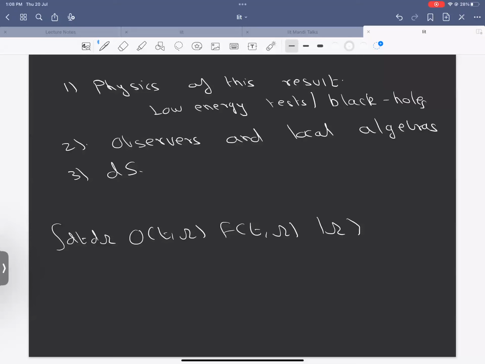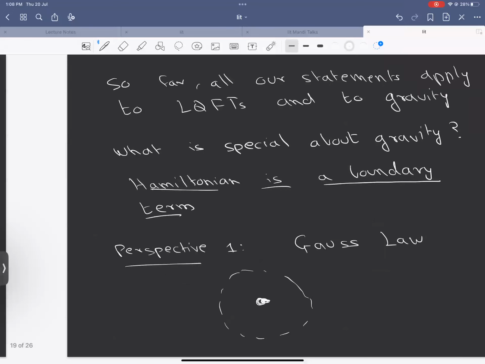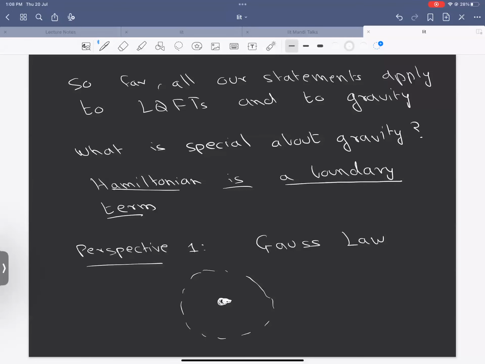I see. Right. Okay. Yeah, hi, Suvrat. Can you actually go over the first perspective argument? I just missed it. Sorry. On why the Hamiltonian is a boundary term? From the Gauss law perspective. Yes. This was just a physical statement that you can measure the energy at infinity. It's the Gauss law that we are familiar with, which is that when we want to measure the energy in gravity, and only in gravity, you can measure it at infinity. You can't do that in any other theory. It was a very simple statement. Okay. Yeah. Thanks.